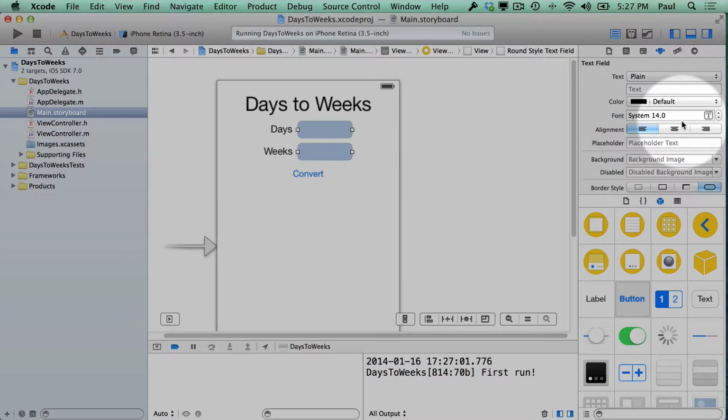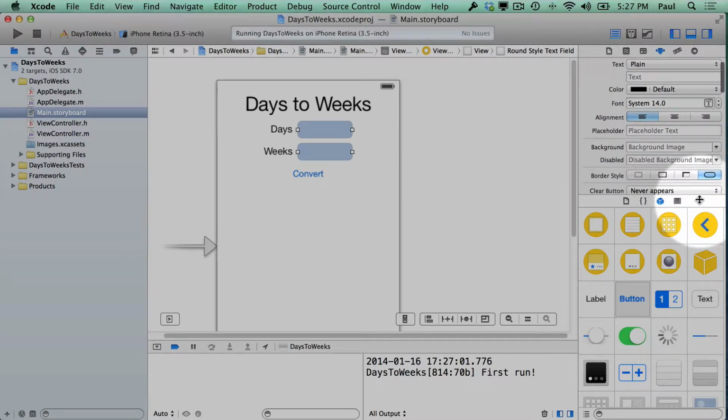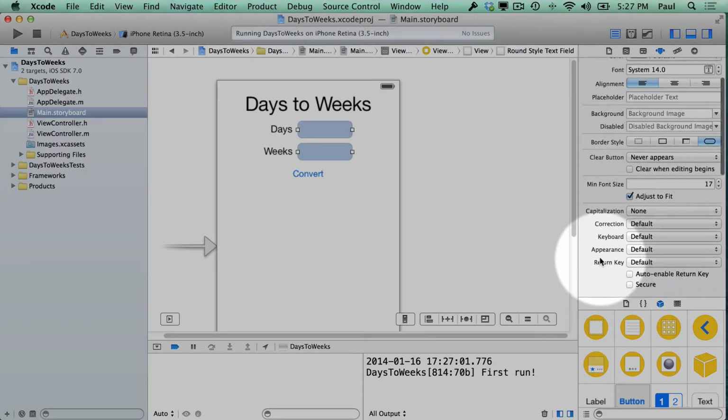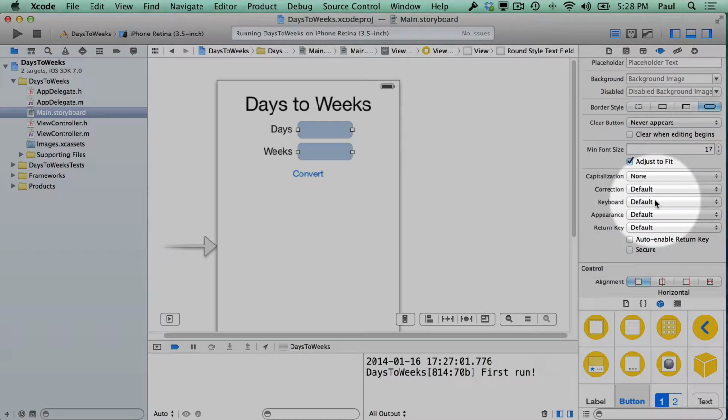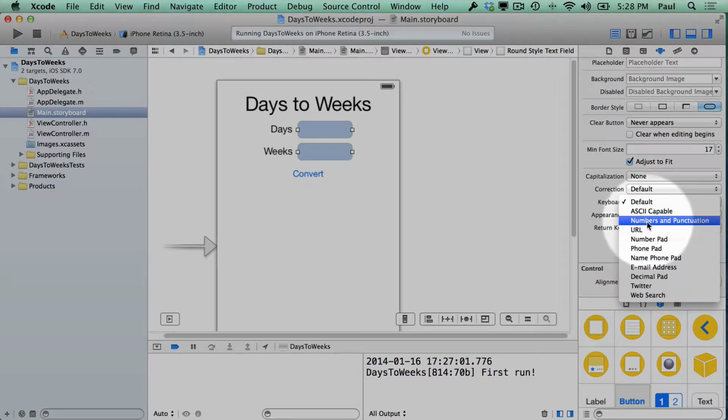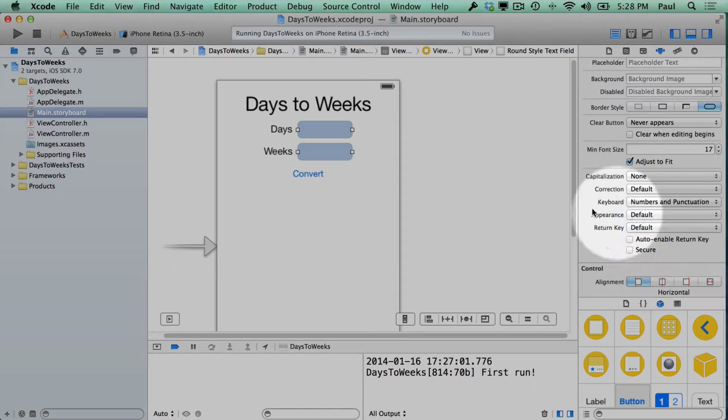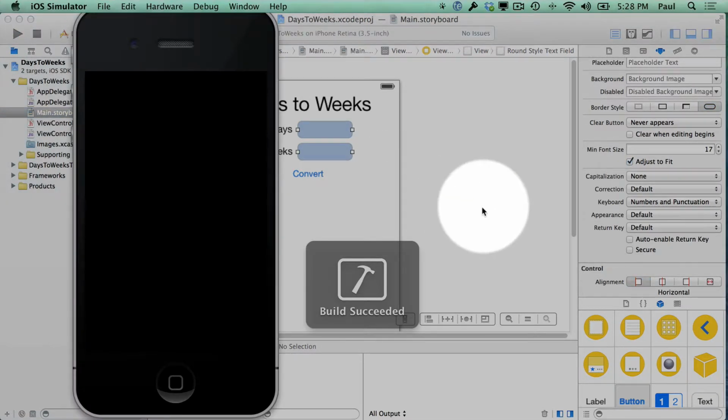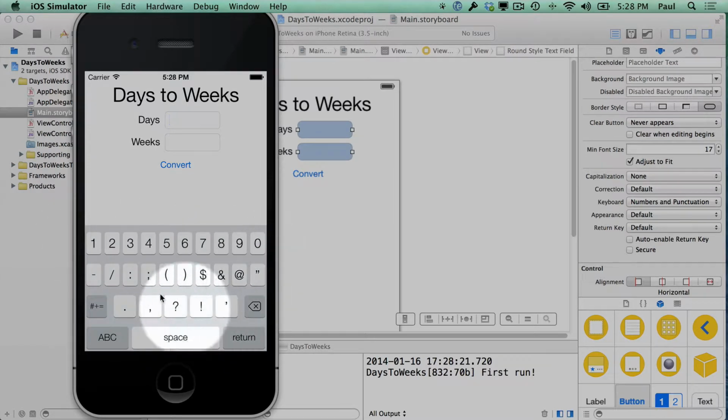And then we can come over here. We might need to move this down. And we'll scroll down until we see the keyboard. Here it's set to default. And I can change this to numbers and punctuation. Or I can change it to a number pad, or a phone pad, or a decimal pad. Whatever one I want. Generally, I like numbers and punctuation just because I think it looks nicer. And if we stop and run again, we will see that numbers and punctuation popped up first. So that's a quick little fix that you can do without writing any code, just using the interface designer to